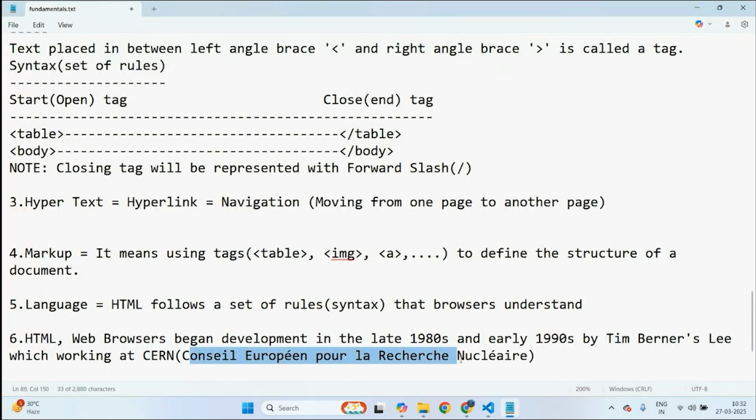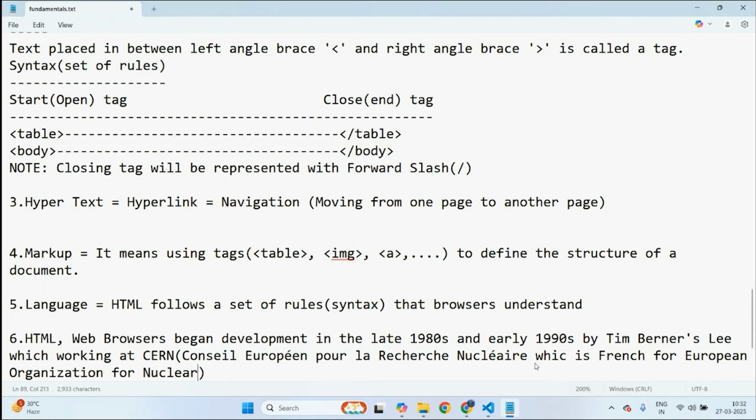So Council European, whatever. This is something like what? A French language. Okay. So which is French for European Organization for Nuclear Research. Okay, so whatever. So HTML as well as web browsers, in between the 1980s and 1990s, they started development,